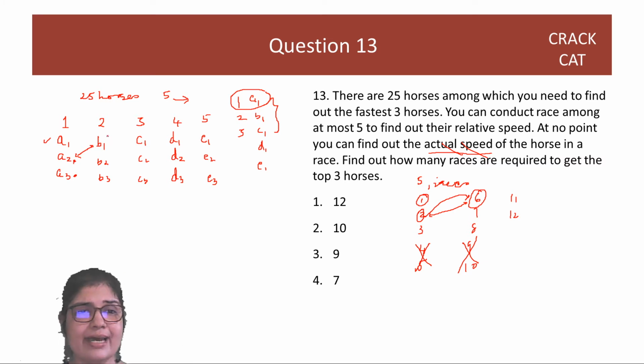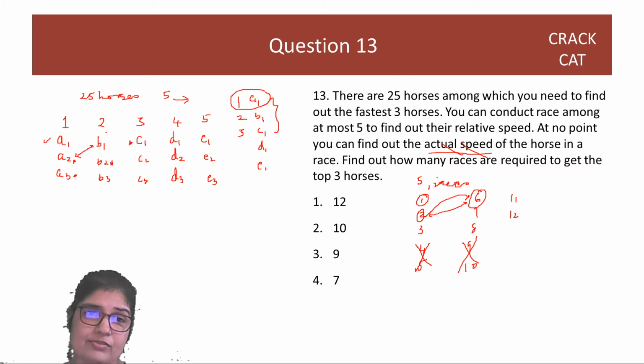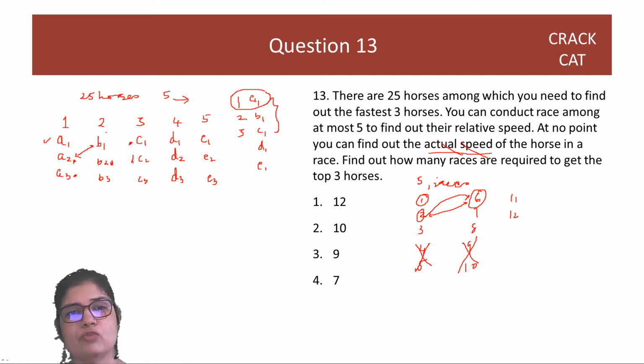Now this guy has come second. So this guy still has the potential to come third, no? Because he's second here. So this guy also needs to run. And this guy has come third. He could also be third by himself. But if he runs, he will come fourth in the best possible scenario, so we don't need to make them run. They are all out of the race.